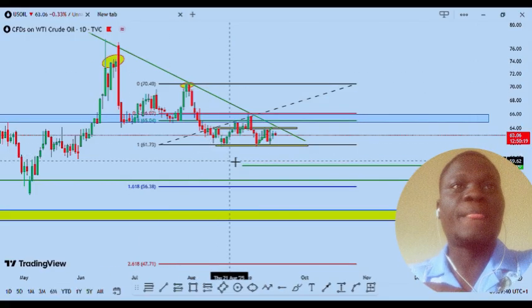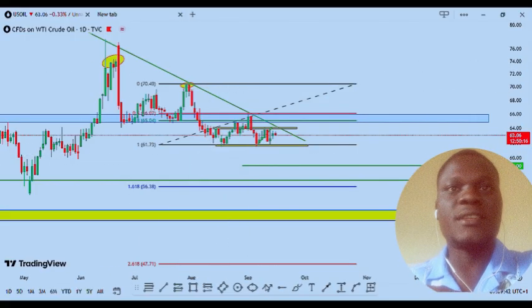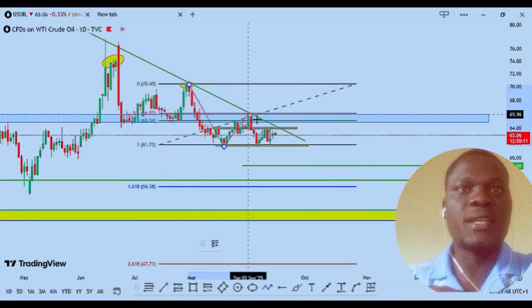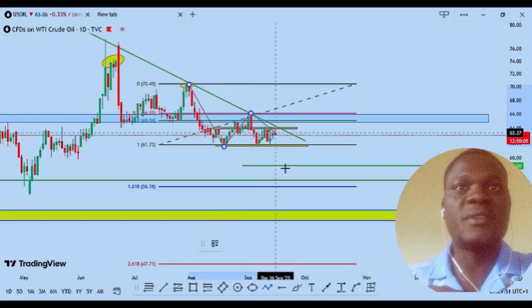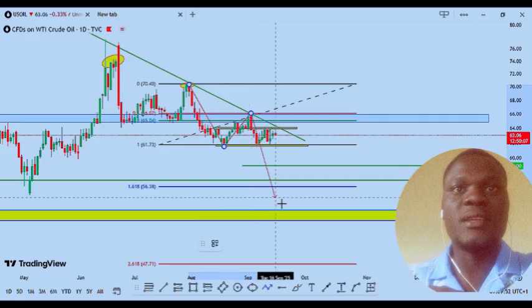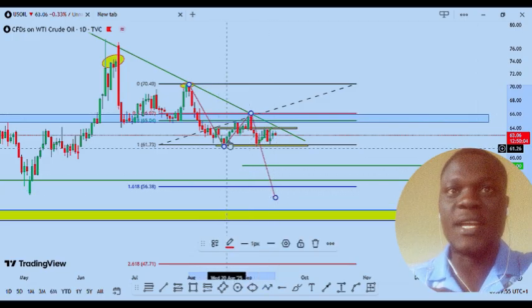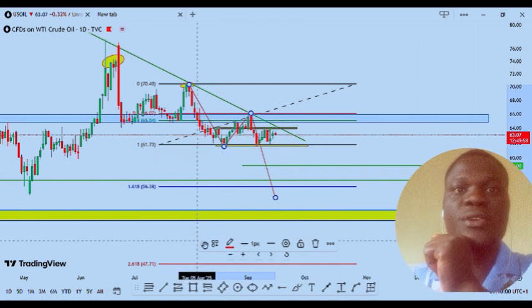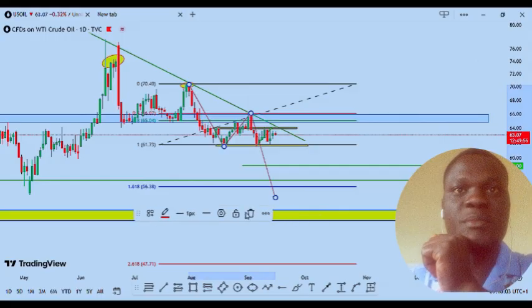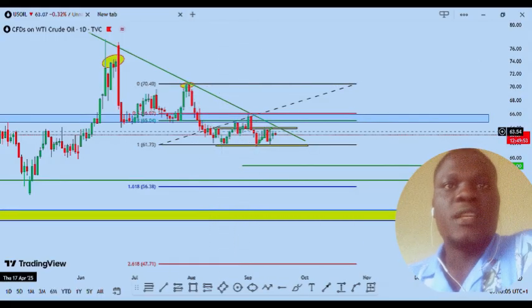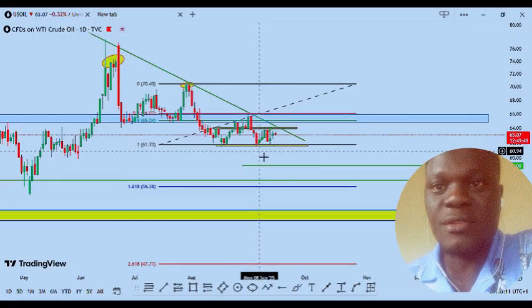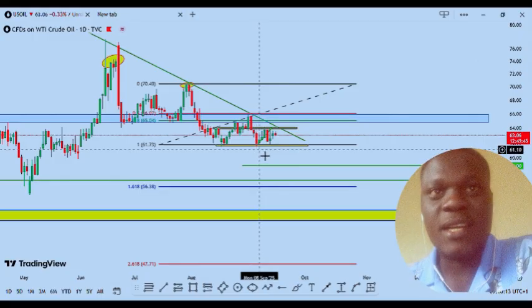Okay, so you see, this is a breakout, a retest on the 50 Fibonacci retracement level, a continuation of this trend. So the reason why this US oil has not dropped yet is because the market tested the 100% retracement zone. You know, I always told you to take out your profit at the 100% retracement zone. But the reason why I was still holding my position,